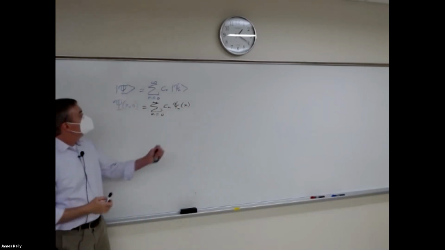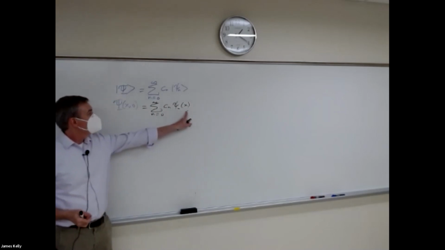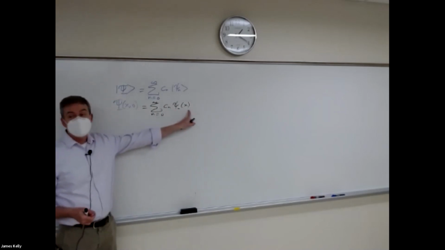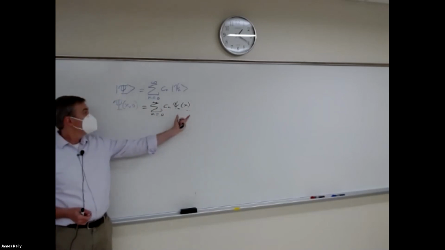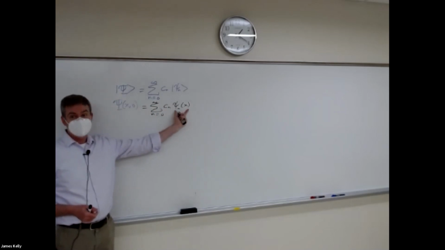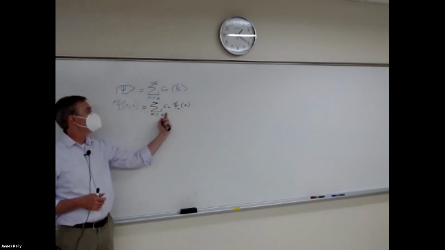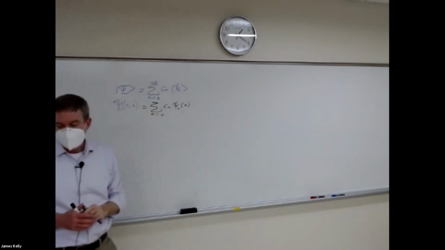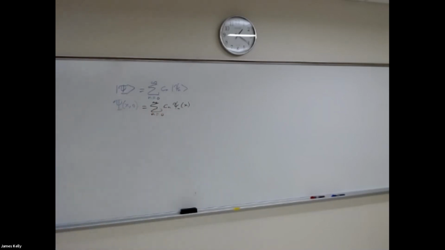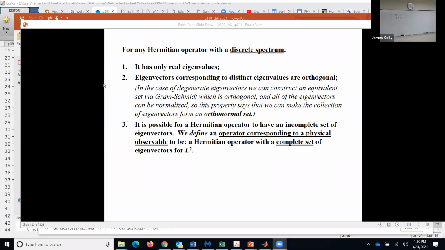That assumption that we can do that is based on the assumption that this collection of functions is a complete set, or a complete set of vectors. If not, I might be able to come up with a function where even if I use all of these and I choose creatively what the CNs are, it's not possible to do that. So we're concerned with completeness. Now you're going to find out that I'm following Griffiths here, and it sounds like a little bit of a cheat, and it sort of is a little bit of a cheat,